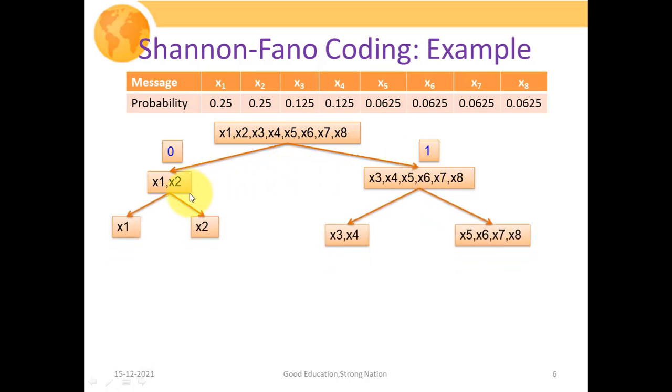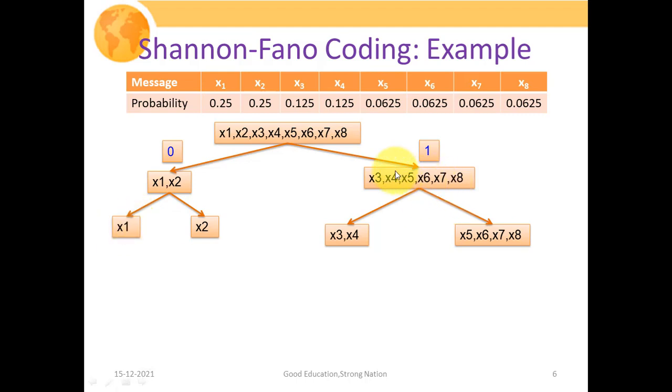We have to take this particular subset which consists of x1 and x2, and again divide it into two parts, that is x1 and x2. Obviously the probability associated with x1 is 0.5 and the probability associated with x2 is 0.25. So in this particular case they are equal, but it is not always the case that the probabilities associated with x1 and x2 are actually equal. So we just have to make this condition true, dividing them until the last step comes.